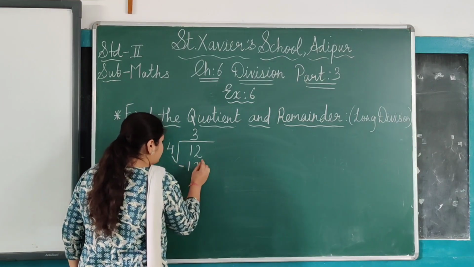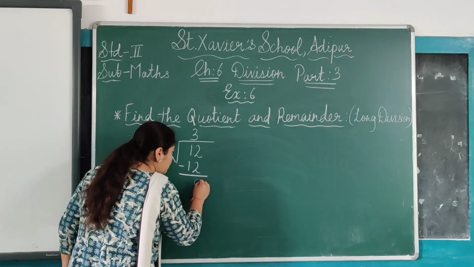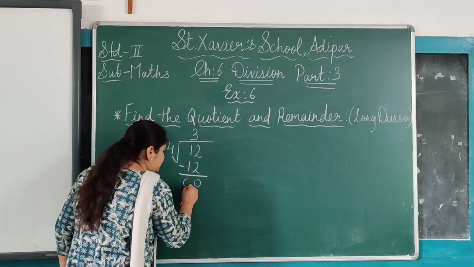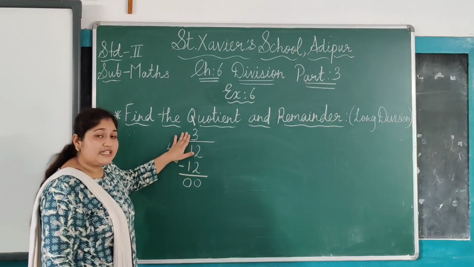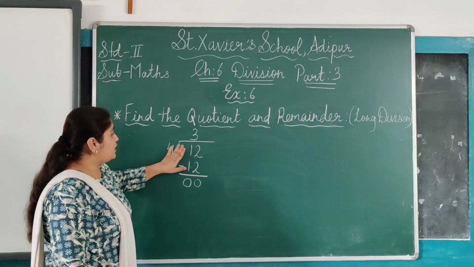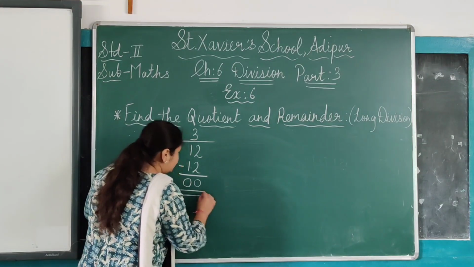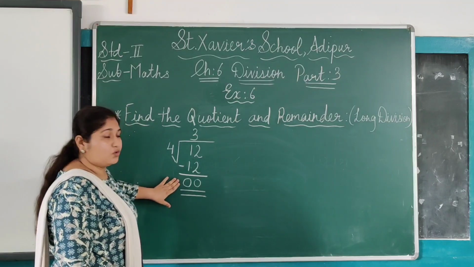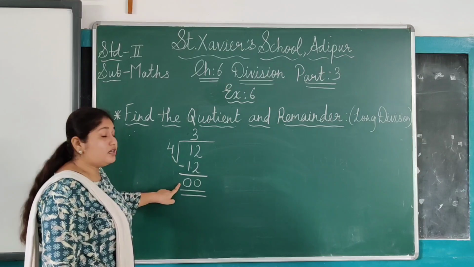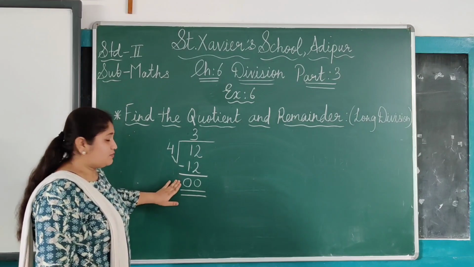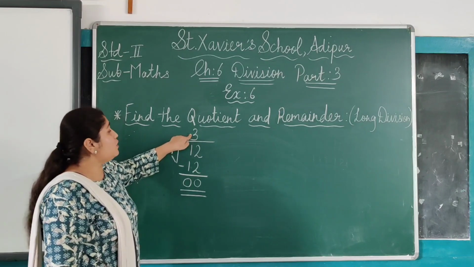Now this 12 will be subtracted from 12. Right? So 2 minus 2 is 0 and this 1 minus 1 is 0. So in the table of 4, 12 is going 3 times and this 12 will be subtracted. So our answer, see here the remainder is 0 but our final answer is 3. ये है हमारा quotient and this is the remainder. जो लास्ट में बचता है वो है remainder. कितनी टाइम्स आता है, that is the quotient.